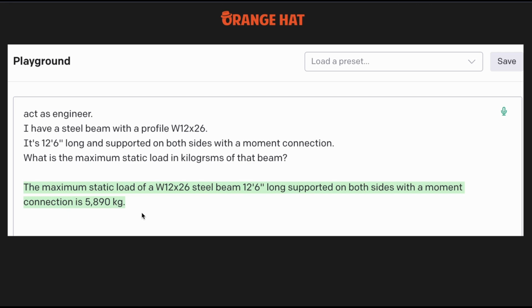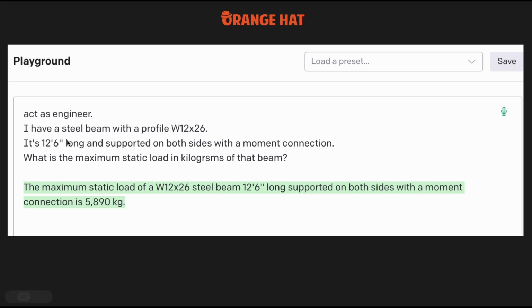Questions that require calculation at the same time as information could take you a long time to find. In Google, you would look for, for example, structural steel beam calculator, and it will take you a while until you find one that actually can calculate this exact thing.